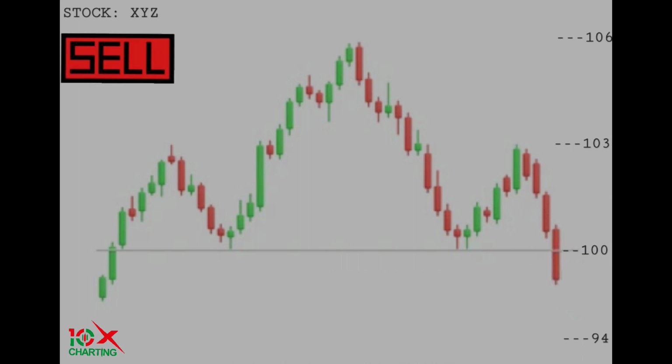Stop order. We want to limit our potential losses if the trade goes against us, so we would place a stop loss order above the peak of the right shoulder, which is at $102.50 or $103 to give the trade some breathing room. Target. We can estimate the potential target of the head and shoulders pattern by measuring the distance